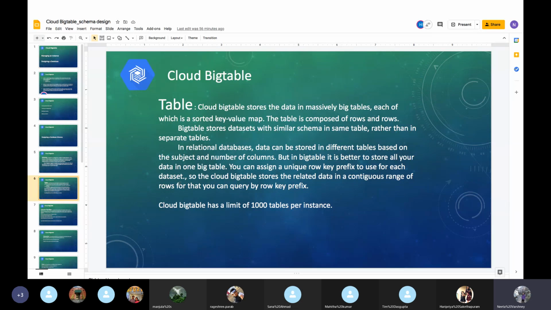So instead of having a few smaller tables, we create a large table, and in that large table we store all of our data.